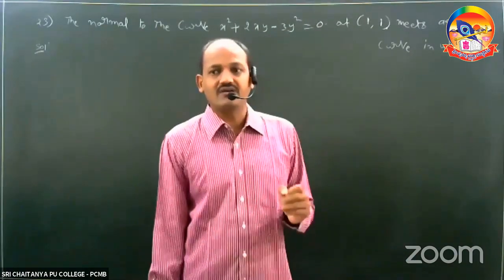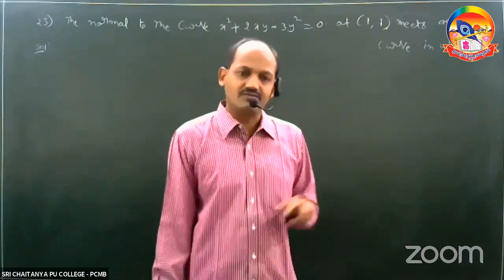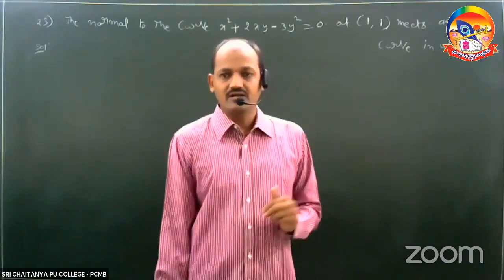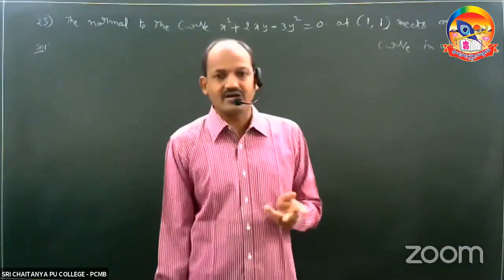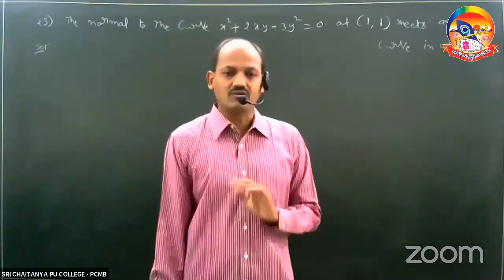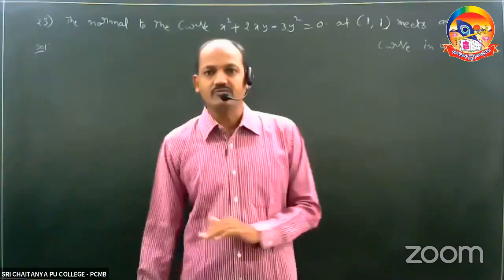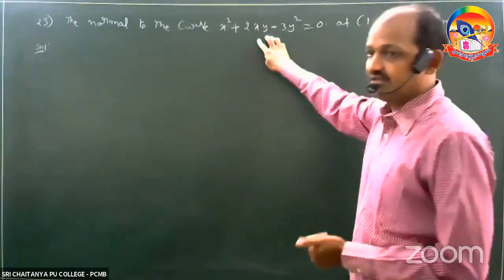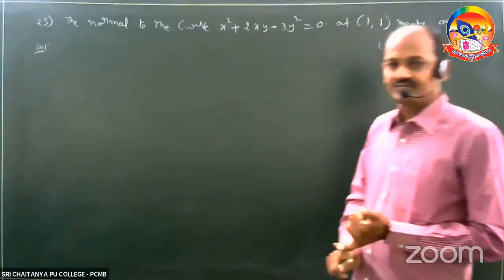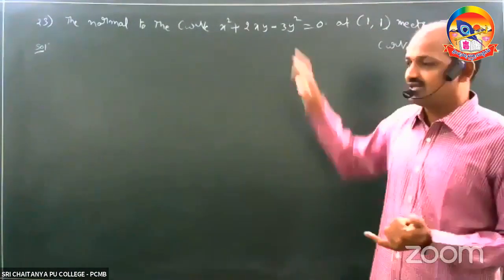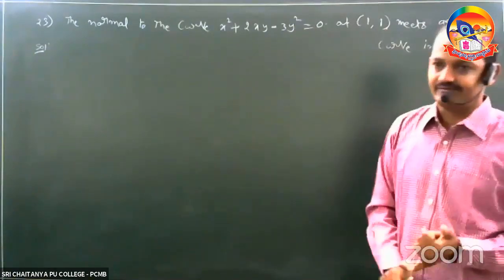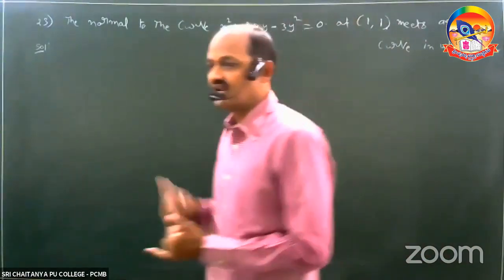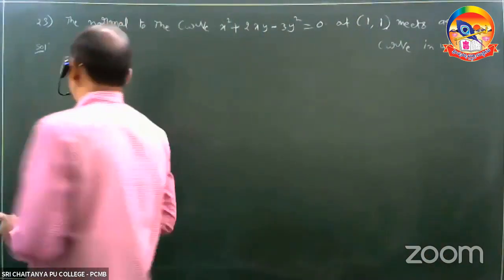That point lies in which quadrant? That depends on the values. Both positive means first quadrant. Minus x and plus y means second quadrant. If x and y are both negative, it is the third quadrant. Or x positive, y negative means fourth quadrant. So first, given the curve, find the equation of normal, then solve with the curve to get the point of intersection, and see in which quadrant it lies.